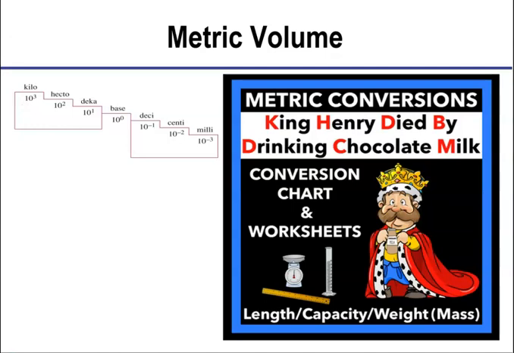What you're memorizing, just to refresh your memory, or maybe this is the first time you've seen this: K represents kilo, H represents hecto, D represents deca, B means base, D is deci, C is centi, and by now you've got it, M is milli. I don't have to write it like this, I just write King Henry died by drinking chocolate milk. You may hear me say King Henry died Monday drinking chocolate milk, because that's the way that I learned it,